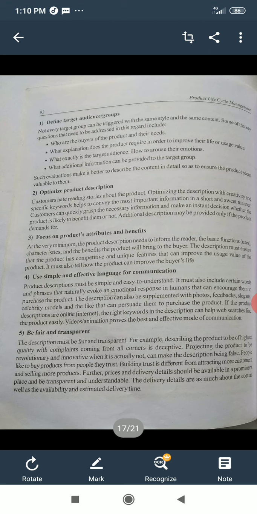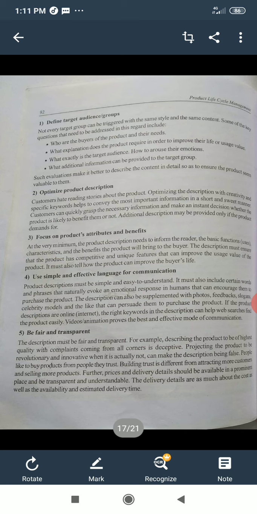Fourth will be use simple and effective language for communication. Product description must be simple and easy to understand. It must also include certain words and phrases that naturally evoke an emotional response in humans that can encourage them to purchase the product. The description can also be supplemented with photos, feedbacks, slogans, celebrity models, and the like that can persuade them to purchase the product.